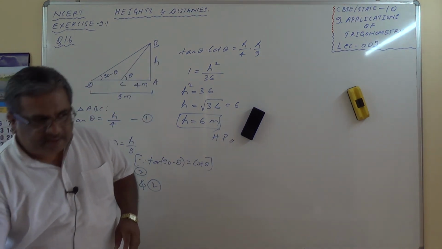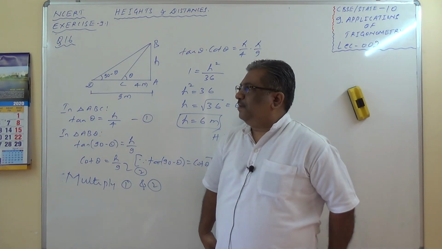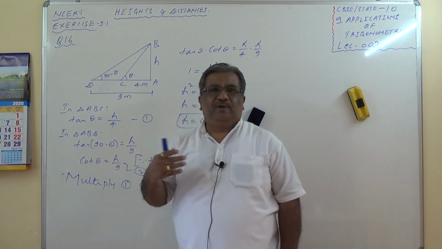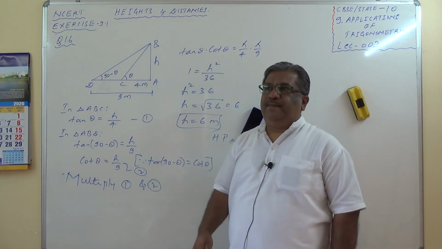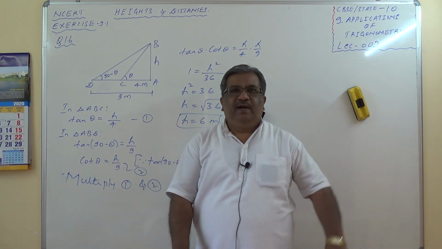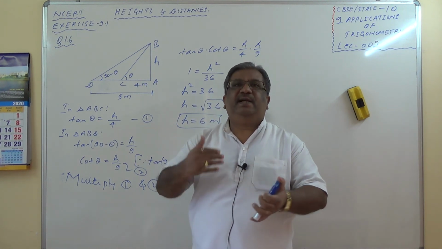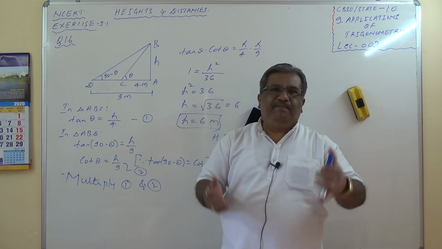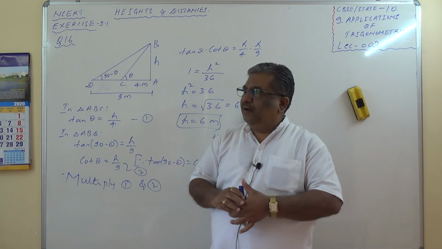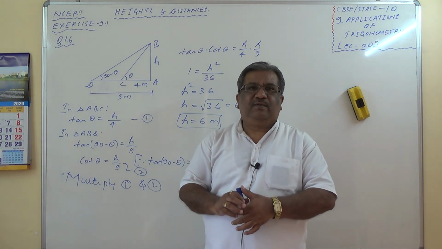Yes, dear students, I have solved almost all the numericals of your NCERT textbook chapter. 16 numericals over here in the exercise, and nearly all the example sums except the last 2 example sums which I had asked you to solve. I hope you must have done that. This chapter is complete in all respects. There are a few problems in R.D. Sharma which are 3-dimensional problems. So if time permits, I would like to discuss that. And one more is a balloon problem. I'll try to discuss those few problems in my live session, and please try to remind me.